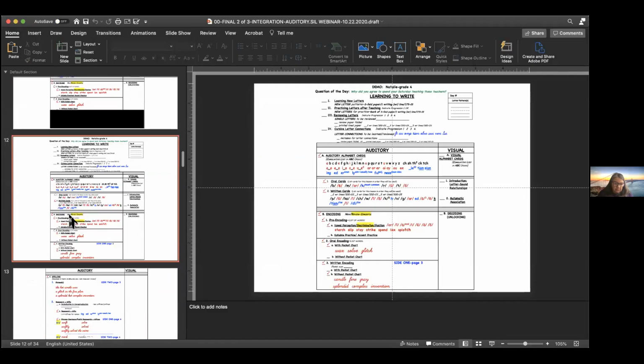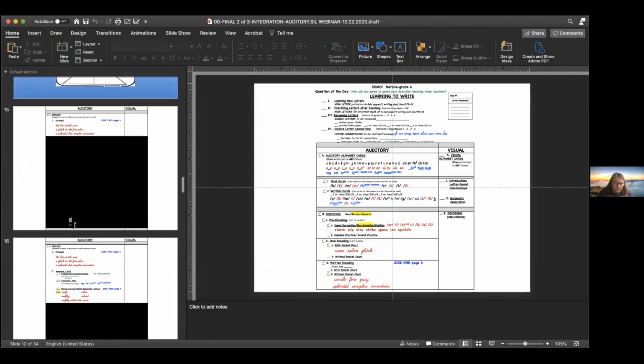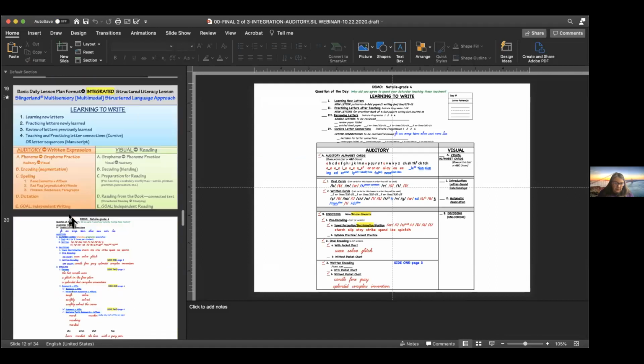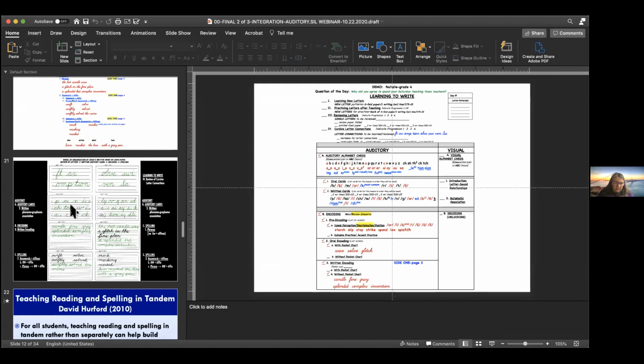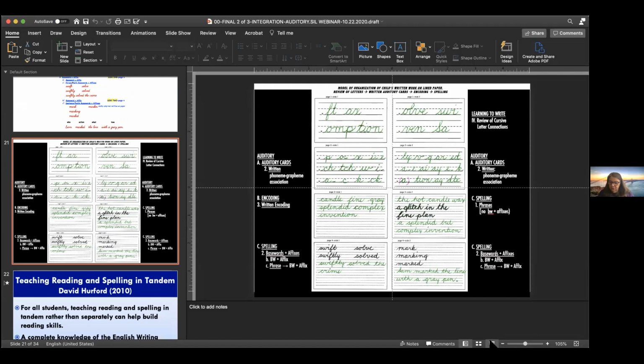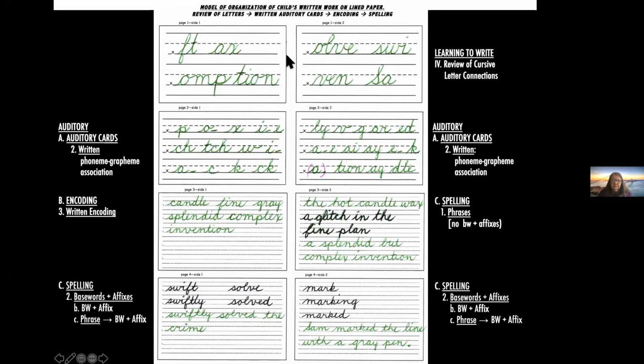I'll go back. Don't worry, I'm going back to, okay. Remember that paper that I showed you last time, but we didn't use it? So for the two, it might be that I have them still using 2-line paper for the connections because it's harder for them not to move their whole arm when they're practicing that, and they may still need that gross motor practice with the connections.